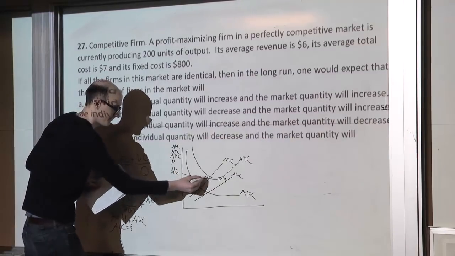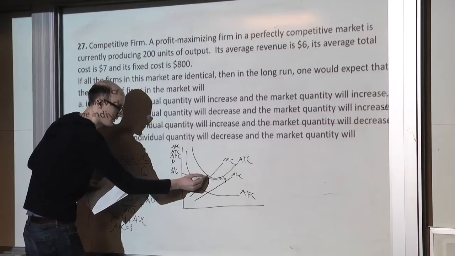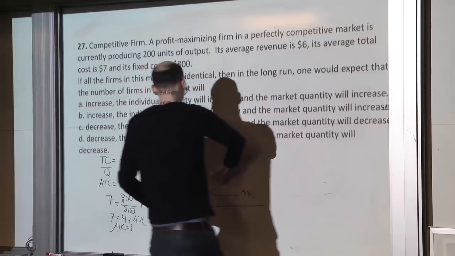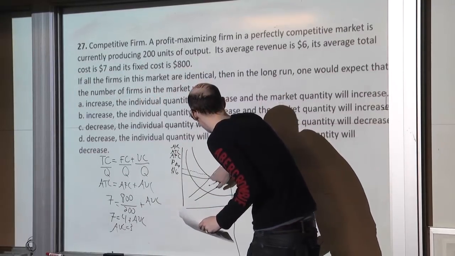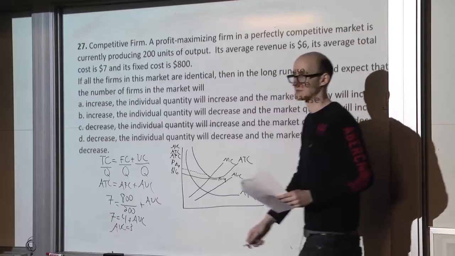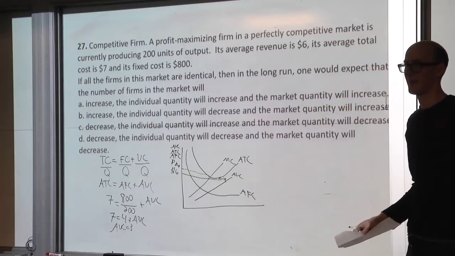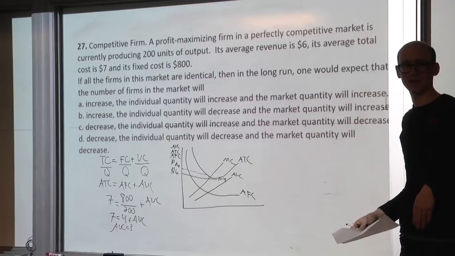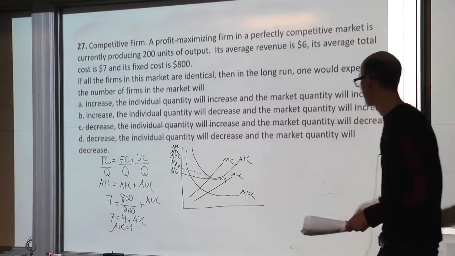And so they're going to operate here at a point that is below their average total cost, which implies what? What will be happening here? They'll be taking a loss or a profit here. A loss because